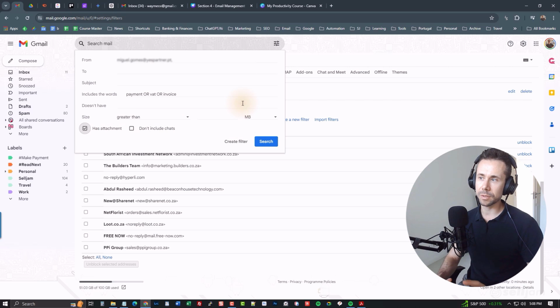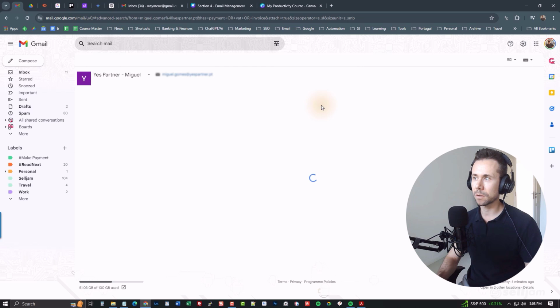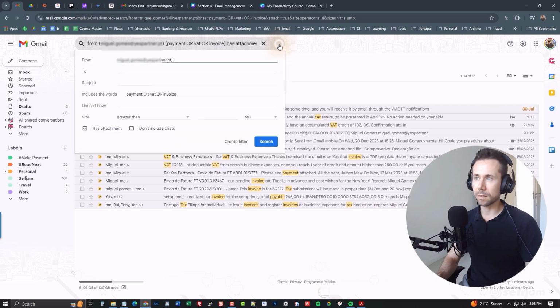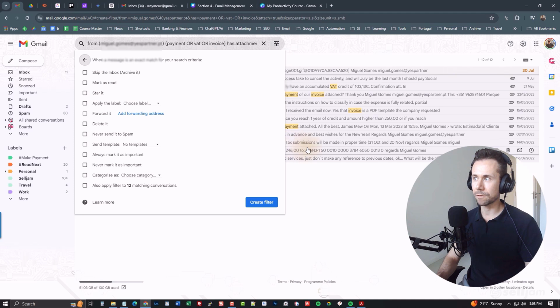So to test this filter to see what it would bring up, we can do a search, and this would then search your entire inbox to be able to see what would come up. If everything looks as it should and it's picking up the correct keywords, you can then say create filter, and this is where you get all of the filter options. So if you wanted to skip the inbox and archive it, definitely not what we want to do here, nor do we want to mark it as read, but yes, we do want to star it. So we're going to star it,